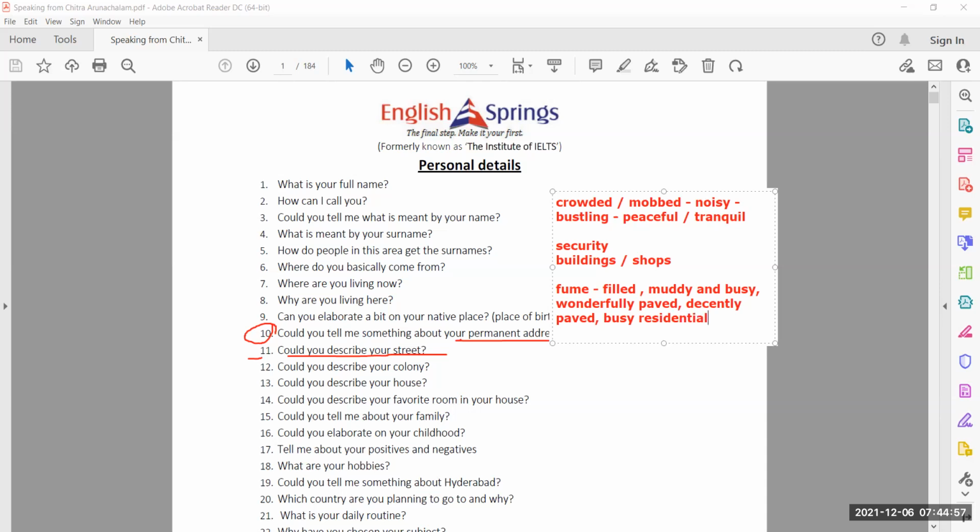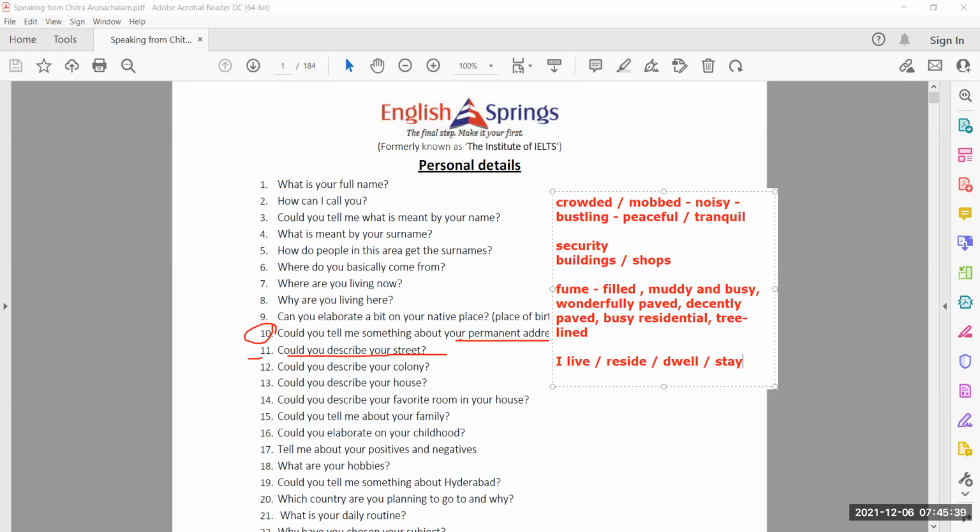And if your street has got a lot of houses, you can say it's busy residential. If your street has trees on both sides of the road, you can say my street is beautifully tree-lined. And you can also talk about the vehicular movement at peak hour. You can say, especially during festive times, the street is too crowded for road vehicles to pass. To begin with, you can say I live in so and so place, or reside, or dwell, or else I stay.